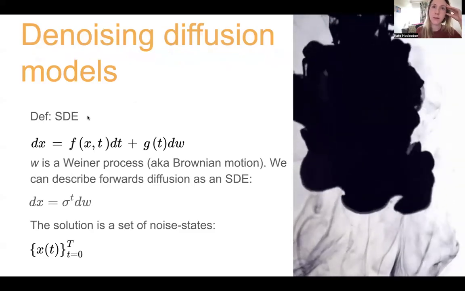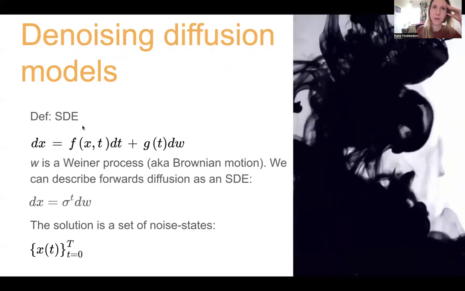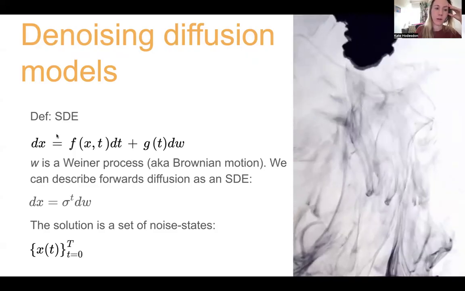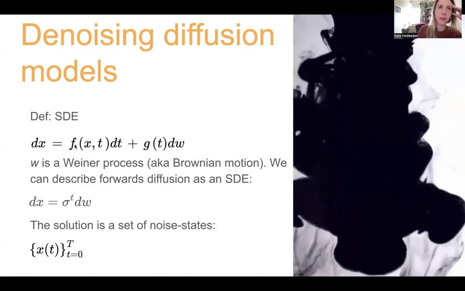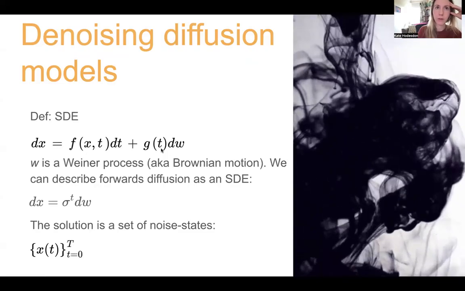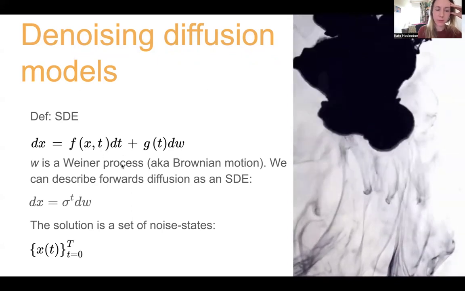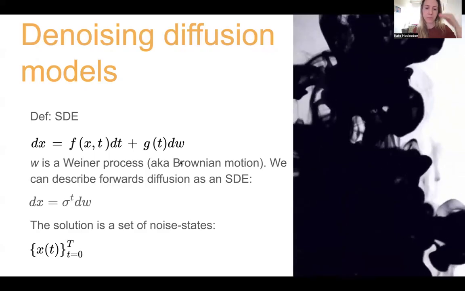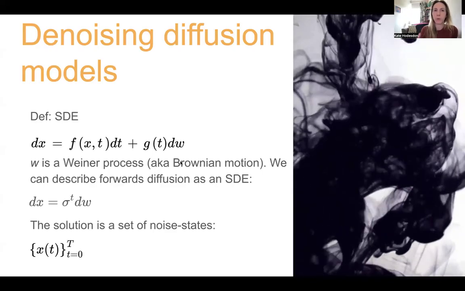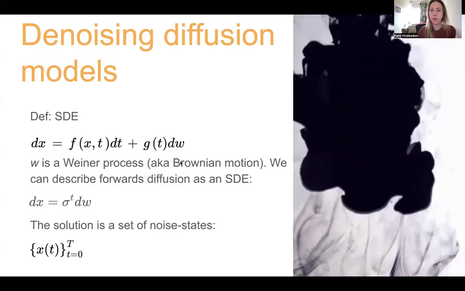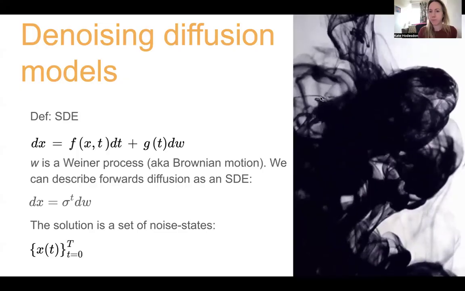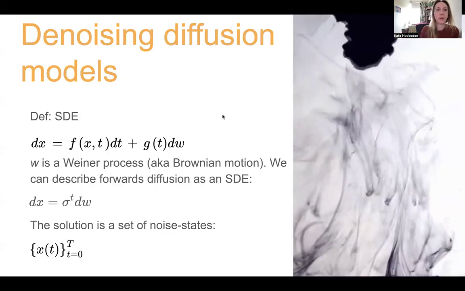Okay, so a stochastic differential equation is just a differential equation that has an extra function component for a further stochastic process. So here's the general form. And we call this f component the drift, and g is the stochastic component. W is a Wiener process, which is also called Brownian motion. And SDEs are used in things like financial modeling, where you have a price which is evolving over time, or in physics for modeling the behavior of particles under random motion, like this ink diffusing in water.